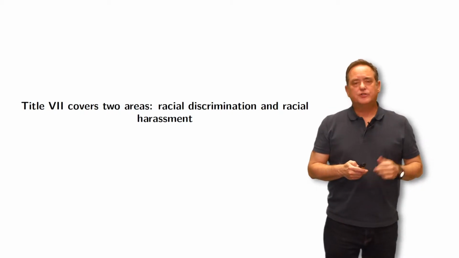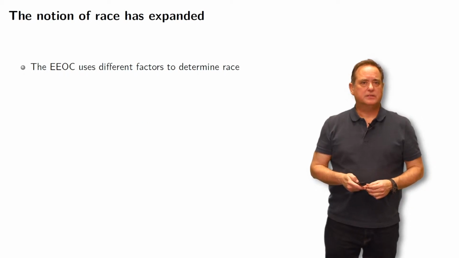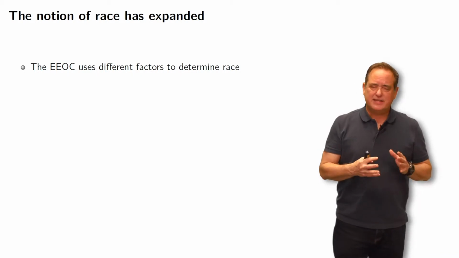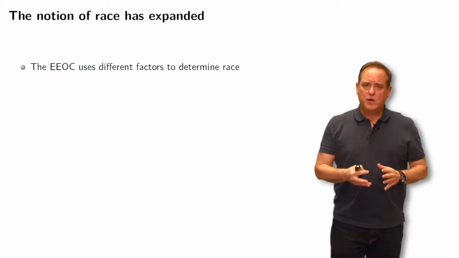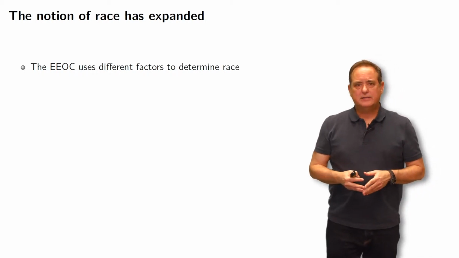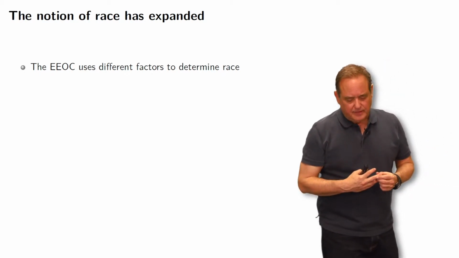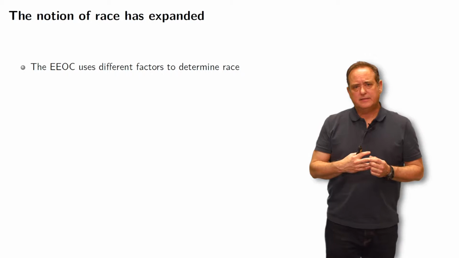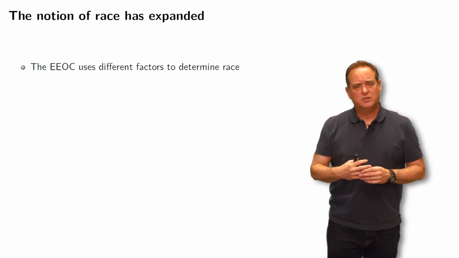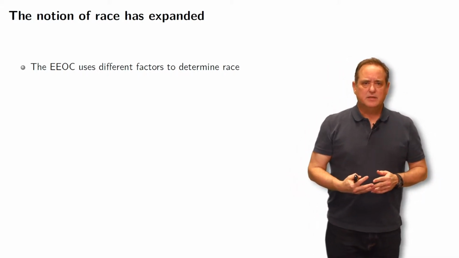Title VII covers two areas: racial discrimination and racial harassment. Now, the notion of race has expanded. I mentioned that the definition, the idea of race, has grown from what it was back in the 60s, which was essentially black and white. And we've expanded on the notion of race, that race has entered this era in which ethnicity and race have sort of merged, and so we no longer think of two or three races, but in fact